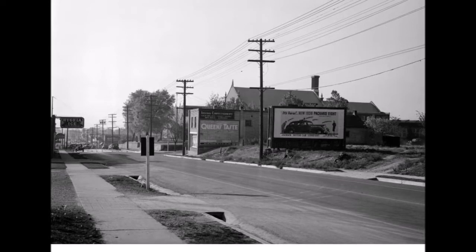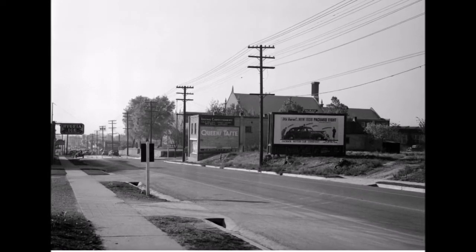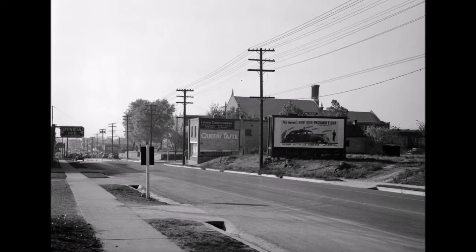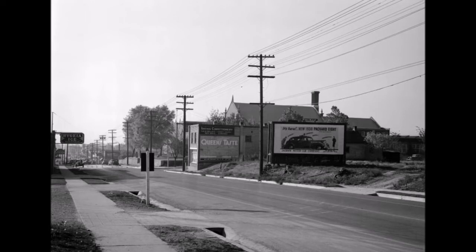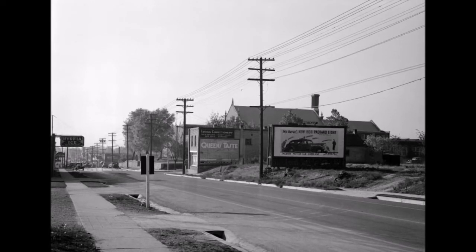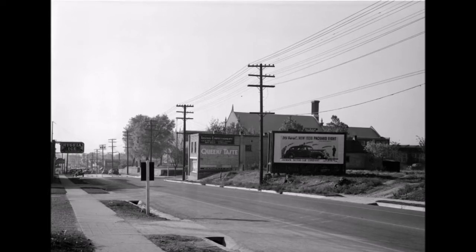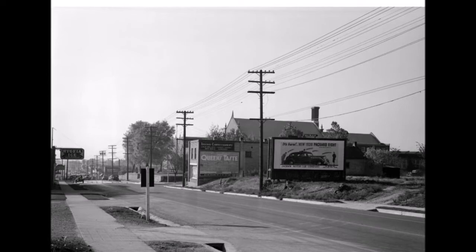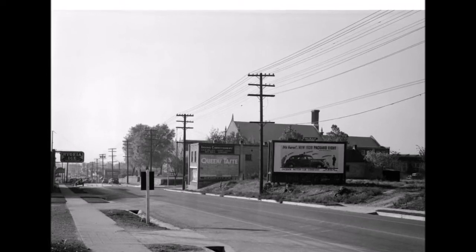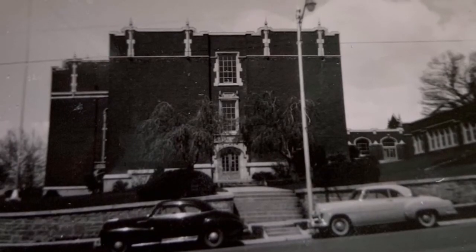This is looking west on 2100 South near 1300 East. You can see the roof of the Irving School there, kind of in the center. On the left-hand side, you can see some cars parked. And again, that's where I parked the old Mustang, and took some pictures of what was left of this facade that they were able to save of the school. So here is your 1929 building,